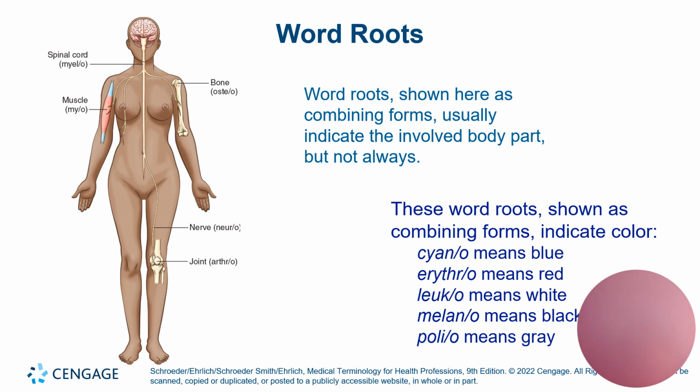Leuc or leuco is going to be the white, so we have leukocytosis or something along that line. It's going to usually have to do with the white blood cells. Melan is going to be black. We have melanus. Poly means gray. So again, we just put these with different suffixes to come up with different words that can